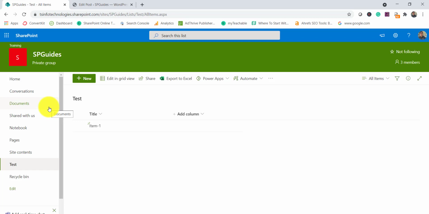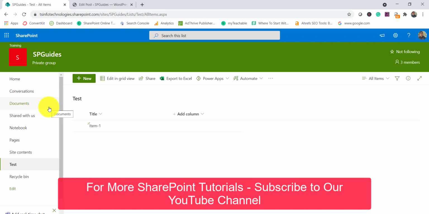Now another important question is, do we really always need the title column? You will see by default it is creating in list and library. So do we really need it? The answer is no. You might not need it. So sometimes, let's say the list is about project details, maybe I don't want a title column, rather I want to put a project title column, or project name, something like that, I can add it. So that's how Microsoft is providing an option where you can change it.